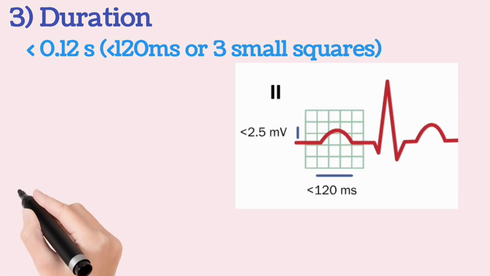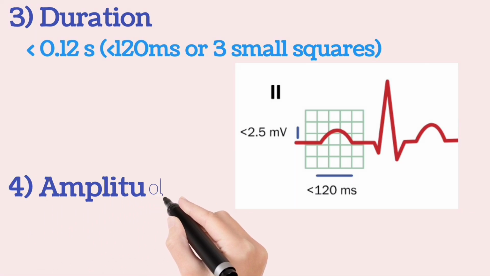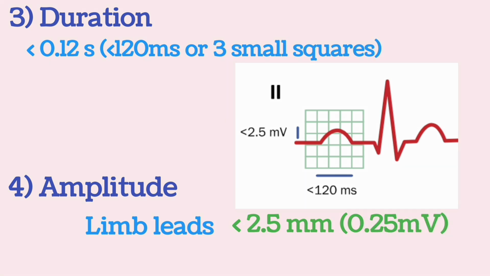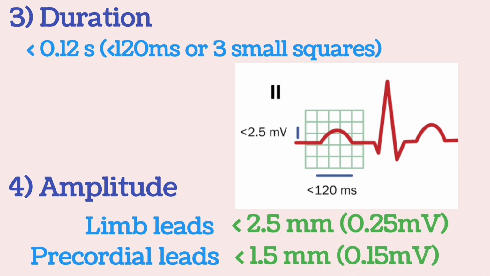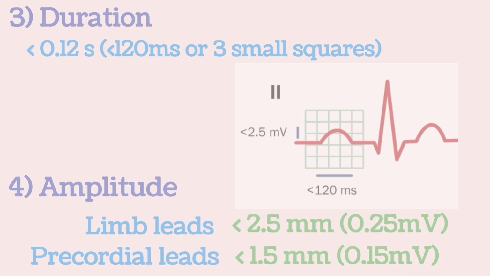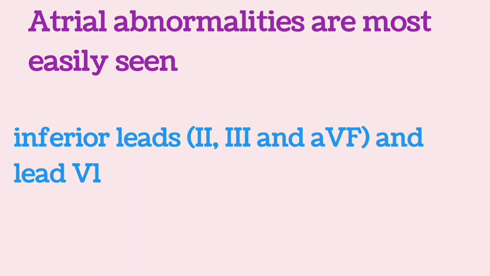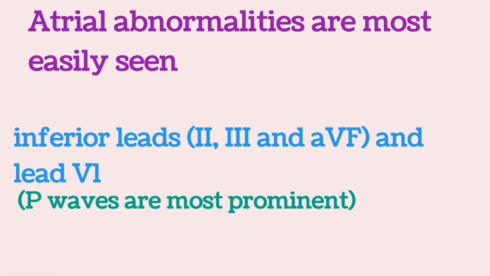Duration should be less than 0.12 second, that means less than 3 small squares. Amplitude, in limb leads it should be less than 2.5 millimeter or 0.25 millivolt, and in precordial leads it should be less than 1.5 millimeter or 0.15 millivolt. Atrial abnormalities are most easily seen in the inferior leads. Inferior leads are 2, 3, aVF and also seen in V1 as the P waves are the most prominent